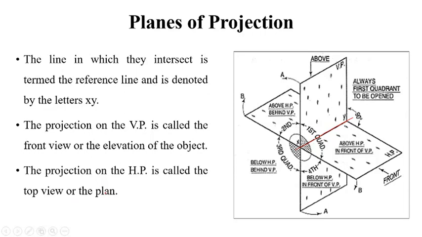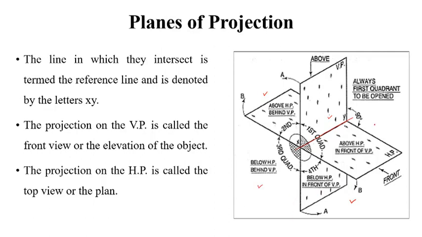Now again, we have mainly 4 quadrants, because this is our vertical plane and this is our horizontal plane. When the horizontal plane and vertical plane intersect one another perpendicularly, they form 4 different quadrants. So this is our first quadrant, this is the second quadrant, this is our third quadrant, and this is finally the fourth quadrant. These are the 4 quadrants that will be formed on intersecting these two planes.